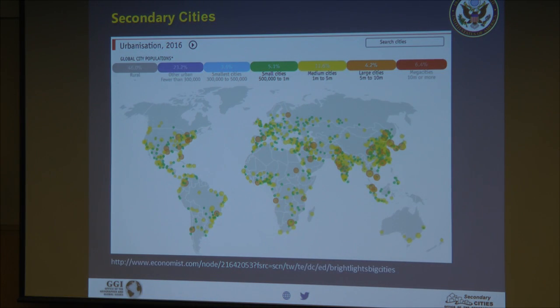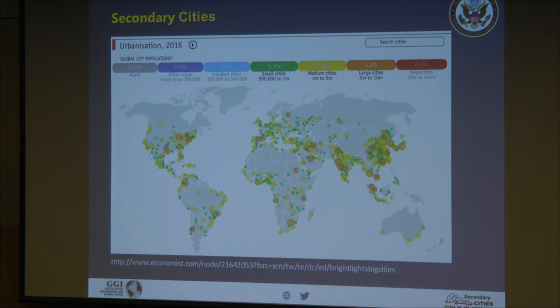So what about secondary cities? We really want to examine this within the context of secondary cities. And in your program, there's a 2-page discussion or description of what the secondary cities projects are all about. But just to give you a short definition of secondary cities, they really are non-primary cities throughout the world. They're regional hubs for commerce, services, and governance. They can have populations that range anywhere from 100,000 to 5 million.